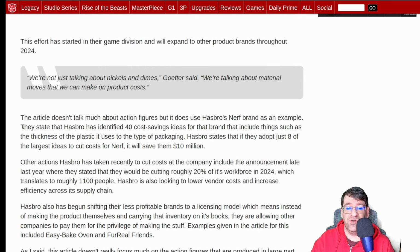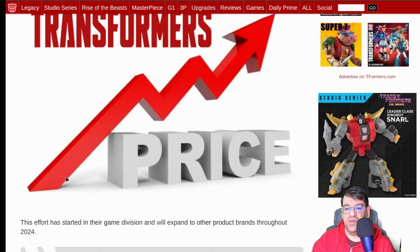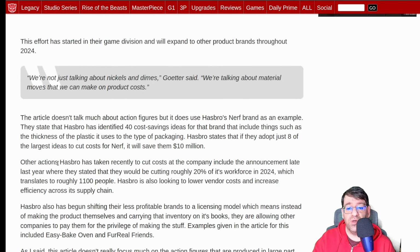I don't know what to make of this. And this comes from the CFO? Is it the CFO? Yeah, CFO of Hasbro. "We're not just talking about nickels and dimes. We're talking about material moves that we can make on product costs." So that means toy costs are going to go up and quality is going to go down